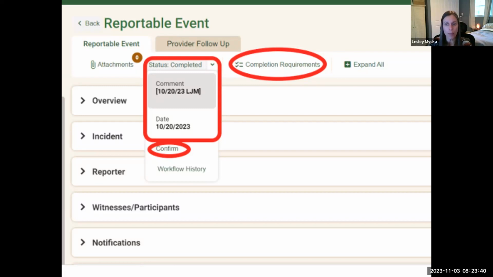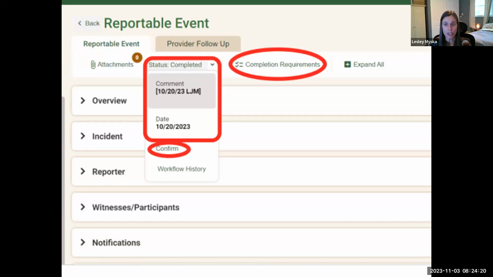It will also append any comments that were added when submitting the form. When I submitted the form, I added a comment of 10/20/23 and my initials, and that displays here as well. It will also show a new status in the dropdown of confirm for the assigned case manager or care coordinator. This status will be used to acknowledge receipt and review of the reportable event. So just like EIS, the assigned case manager or care coordinator, crisis staff, and now quality assurance staff will receive a notification, currently known as a tickler, for each reportable event that's submitted.